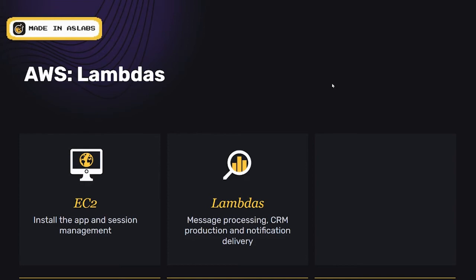Finally, we have the Lambdas part. Lambdas. You've probably heard me say the word 50 times already. You'll definitely hear it another 50 or 100. But Lambdas really are, I like to call them, very small baby EC2s that pop into existence and only do a handful of things, and then they go away. And just like the EC2 instance, you only pay for the Lambda when it's running. It makes it able to have a massive explosion in working processes. They all come in and attack things like a little swarm.